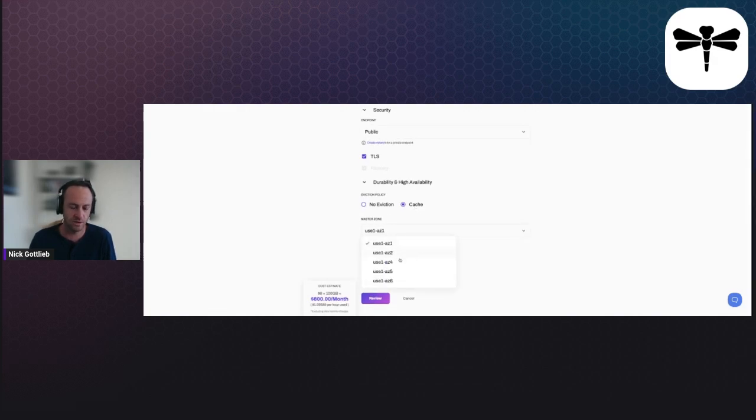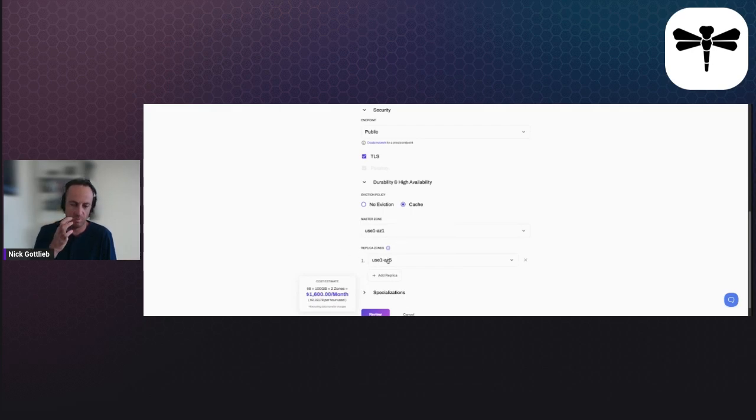Here's where you can select what availability zone you want your master to run in. And then you can add replicas if you want high availability. So say I wanted high availability, this would add a replica zone, and all of my data would be written to both my master and my replica. All reads would go to my master. If something failed with my master for some reason, Dragonfly Cloud would then begin reading from the replica so that I don't experience any outage. And that's how we achieve high availability. And you can even add a second replica